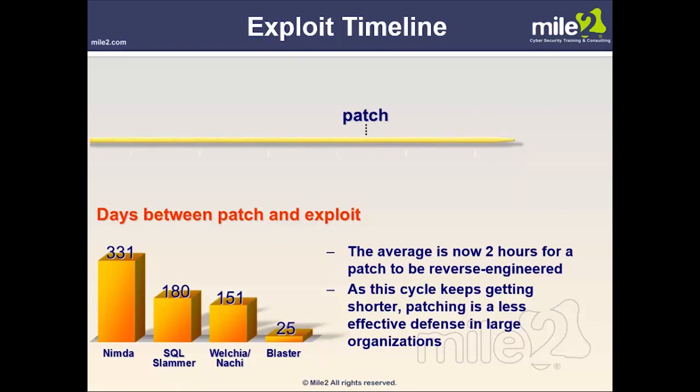Now, exploit timeline here, as I mentioned, almost a year. For Nimda, 331 days between the patch already being out and the time it was exploited. It took 331 days for Nimda to be created. SQL Slammer, 180 days, right there, 6 months. The Welchia-Nachi, 151 days. Blaster, 25 days. Now it's to the point where we have 2 hours or less for a patch to be reverse engineered, and as this cycle keeps getting shorter, patching is a less effective defense in large organizations,